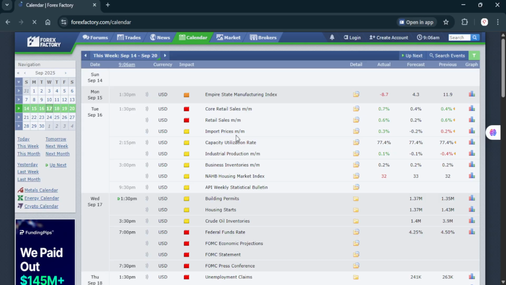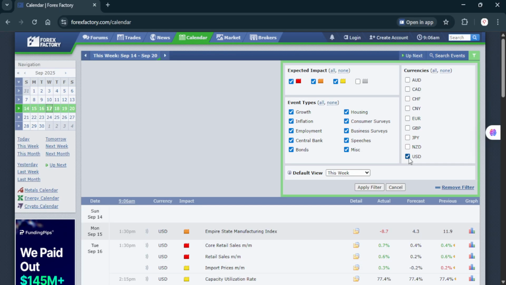And then you can as well come here, at the search event, the next green icon, click on it. Here you can filter the kind of currency you want to pay attention to their news. For me, I'm only interested in the US news. So if you are always trading the AUD pair, the Canadian pair, or you're trading almost all the pairs here, the JPY pairs and GBP pairs, you can also check their news. Do you understand? So that way, when you click on apply filter, you're going to see that GBP news will